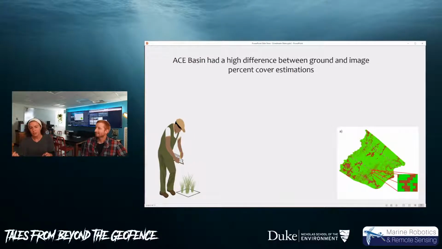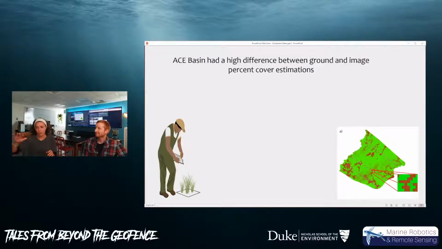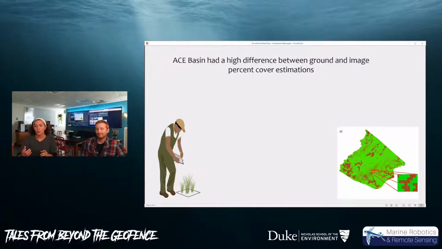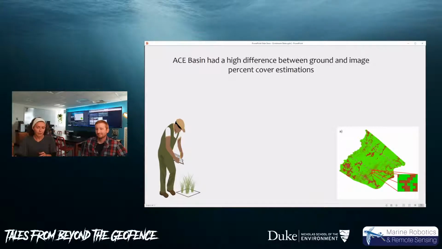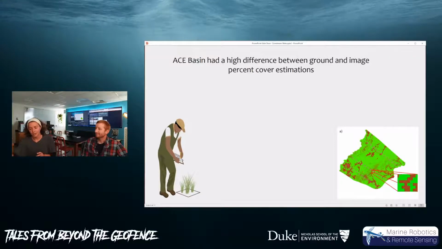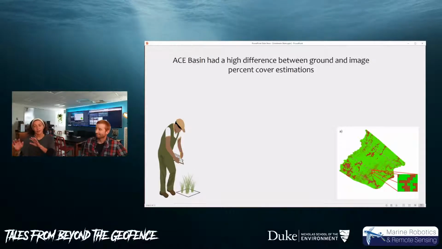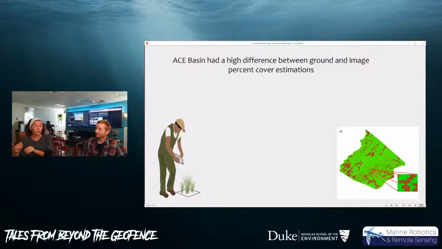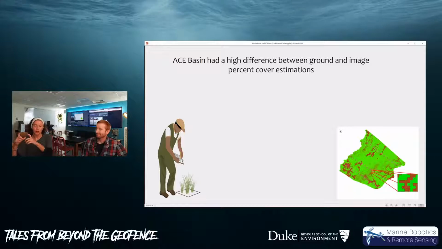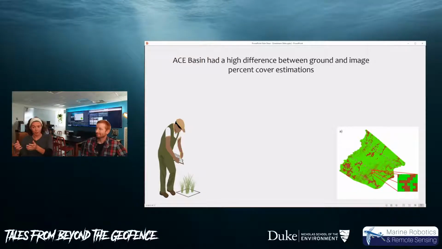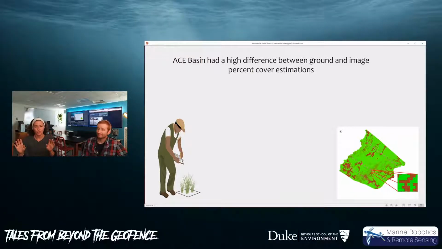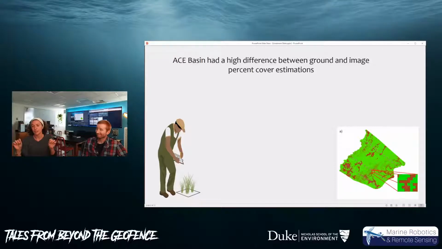And how we get the drone-based estimate is flying a drone over that same site with those same quadrats laid out. We then process the imagery and analyze it in ArcGIS, which is a geospatial software. In ArcGIS, the software can classify the imagery based on what it can see in the photos and quantify how much of the square is vegetated and how much of the square is not vegetated. So those are the two approaches that we get percent cover estimations from.